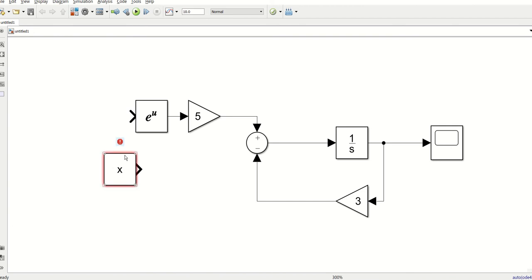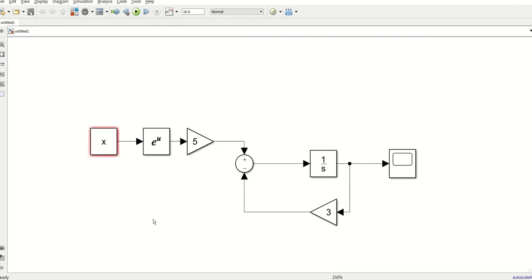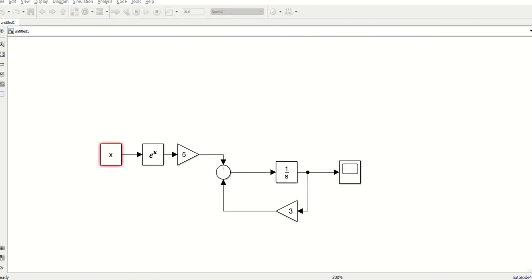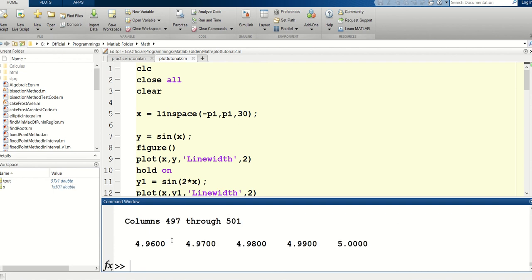This x block is giving an error where x is not defined. So what we can do is go to MATLAB and put in the x values. I am going to put 0 to 0.01 to 5. So the x values are done.